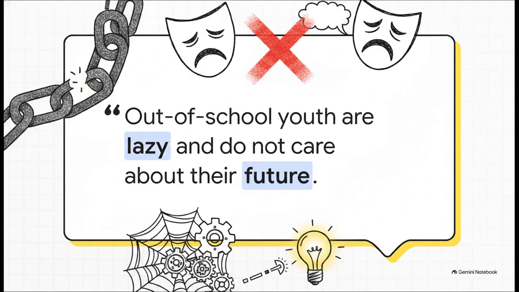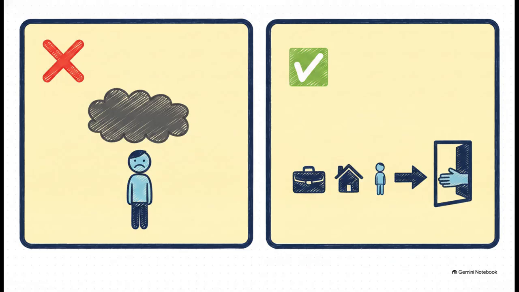It completely erases the very real systemic challenges that out-of-school youth might face, things like having to work to support a family, dealing with health issues, or lacking reliable transportation. When we blindly accept a statement like this, we're basically shutting down any opportunity for empathy or real-world problem-solving. We trade reality for a convenient, lazy insult. But let's fix this. We can totally transform this manipulative quote into a respectful revision. Take a look at this alternative.